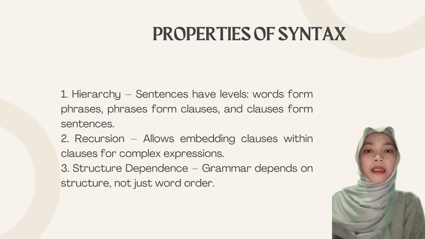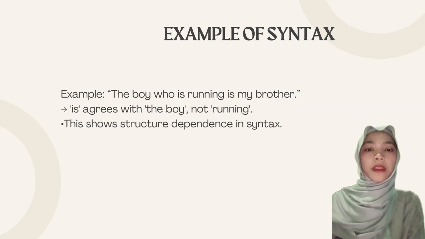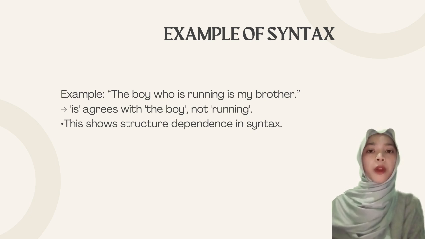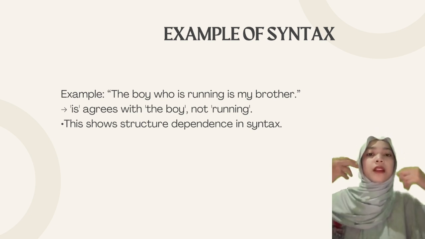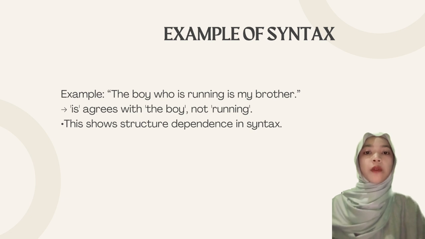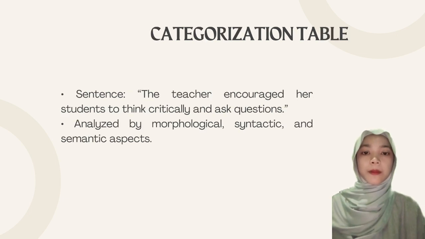And the last is structure dependence. Structure dependence means that grammar depends on the structure, not just word order. For example, "is" in "the boy who is running is my brother." The verb "is" agrees with the boy, not with running. This shows that our understanding of grammar comes from structure, not simple sequence. Okay, the next is